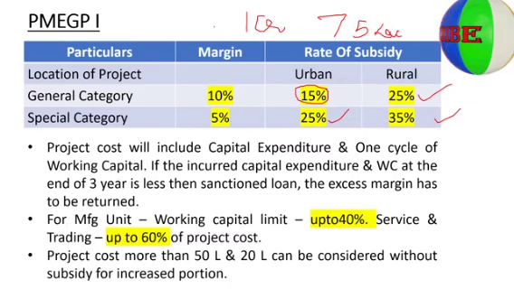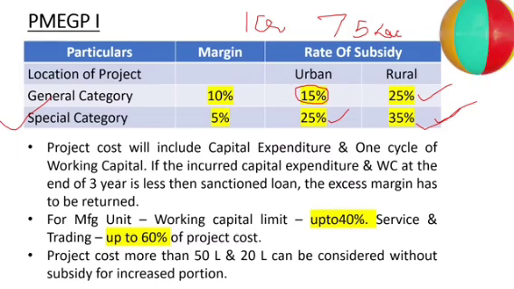Okay. Yes, the first question is yes, it can be financed. Even if the project cost is more than 50 lakh and the bank loan is also more than 50 lakh, it can be financed. But subsidy will be considered up to a maximum of 50 lakh. So now I'm asking, loan amount is 75 lakh, special category, rural area. What will be the subsidy amount? How much subsidy will be credited?